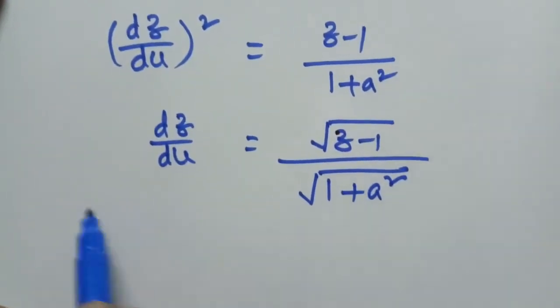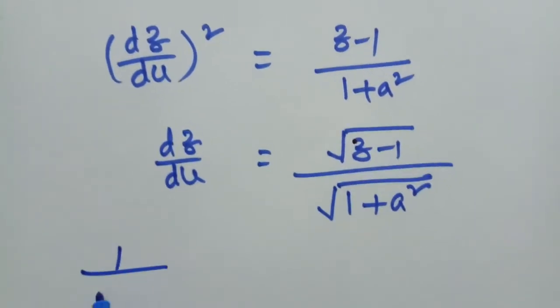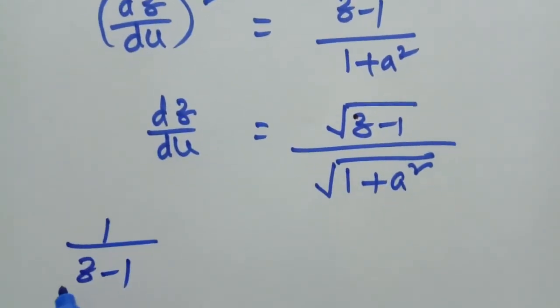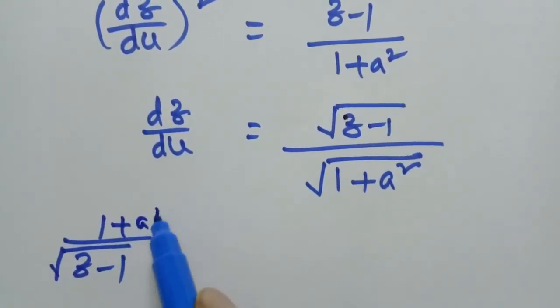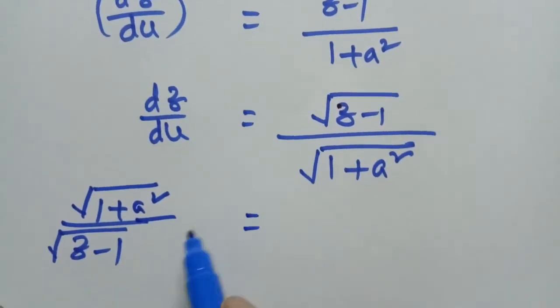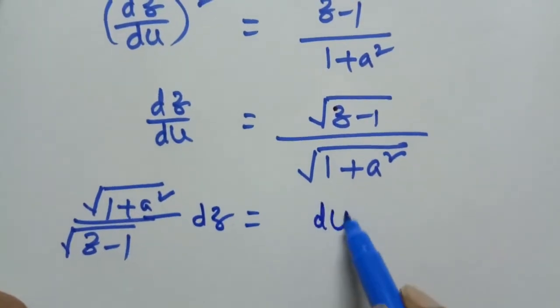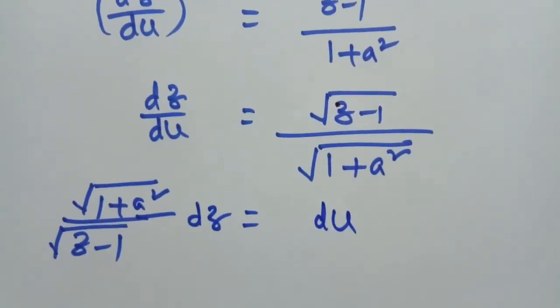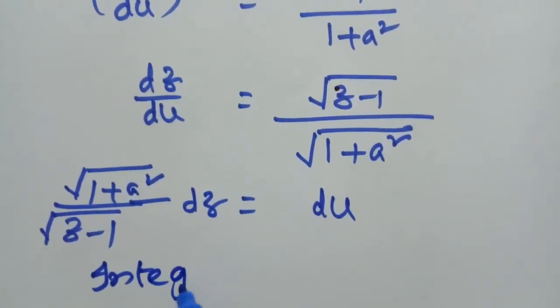By variables separable, 1 by root of z square minus 1 into root of 1 plus a square, dz is equal to du. Therefore, integrating on both sides,